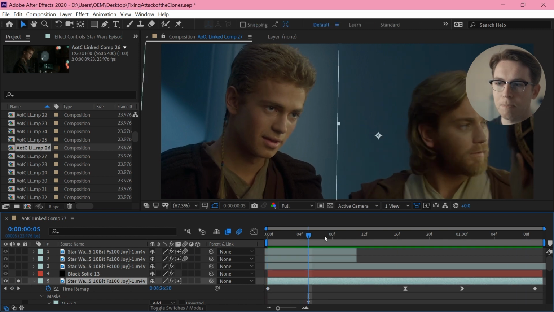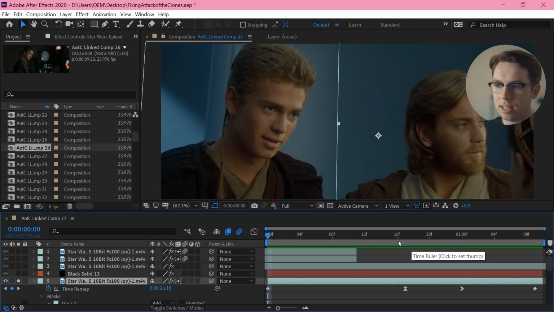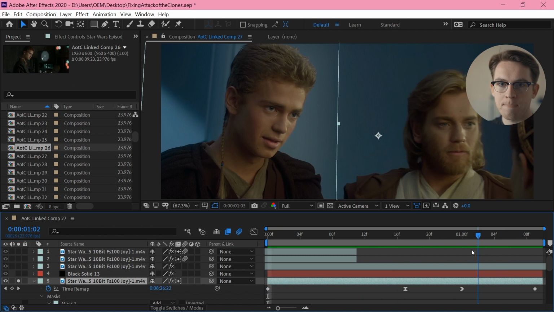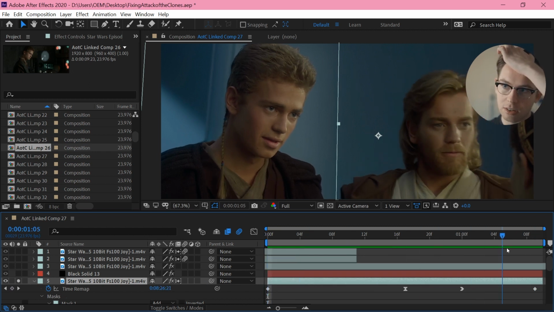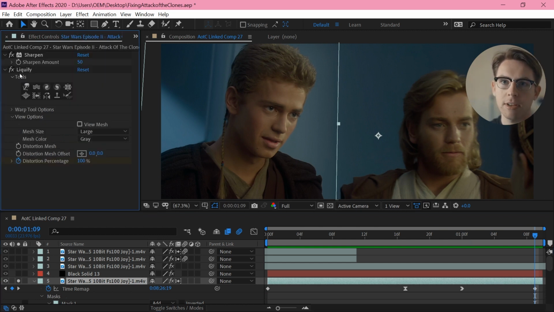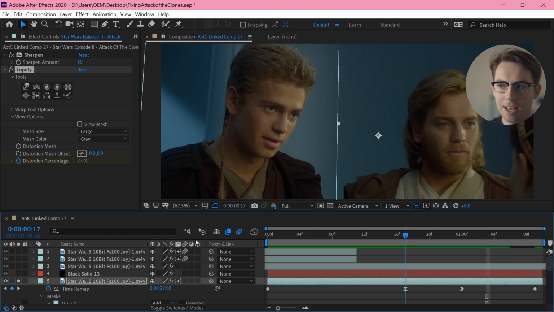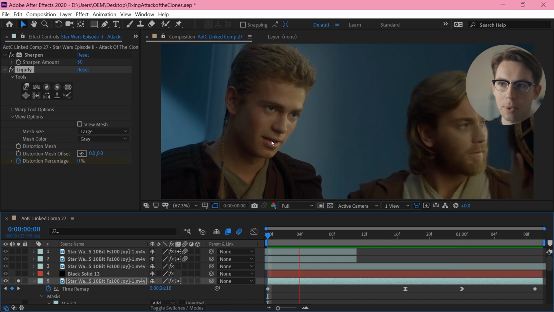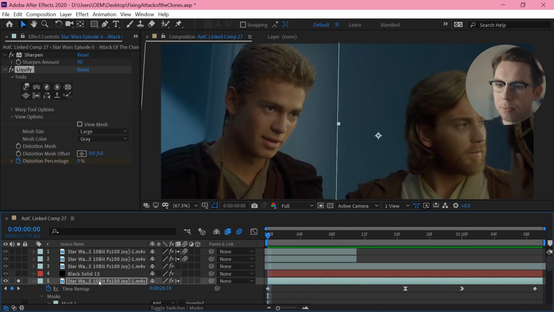I based the breathing movement on footage I shot on my phone of me doing that motion, and then lined that up vaguely using the time remap. And then finally, so that it doesn't look like it's exactly bouncing back and forth, to give it a bit more life, I am liquefying it. So you can see he looks a little bit more pleading at the end. His eyebrows move up, his mouth moves down, you know, it really just gives it a little bit of variance.